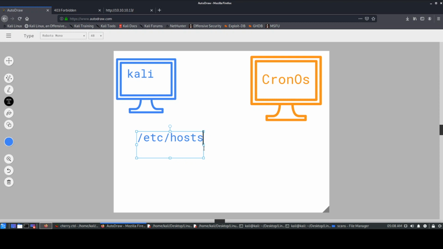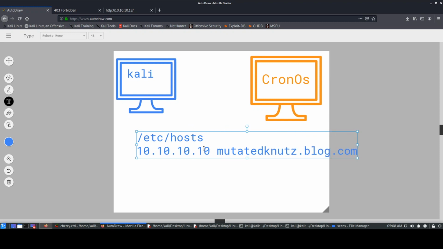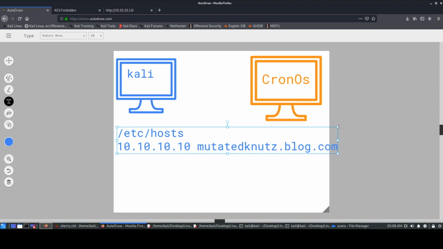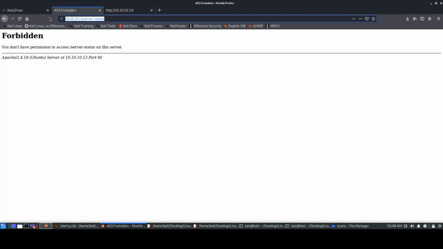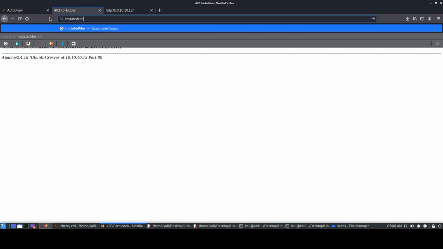What this hosts file will have is an address entry. First I'll put the IP address 10.10.10.10, just consider this, and I'll have my website, mutatednutsblog.com, something like that. It does not exist obviously, I'm just trying to show you. So /etc/hosts will have some entry like this. Now if we enter mutatednutsblog.com